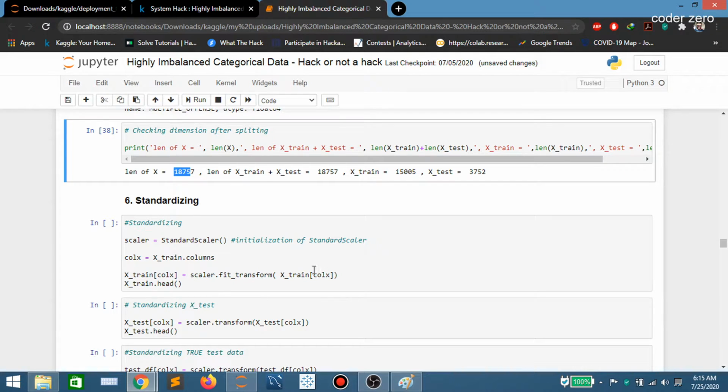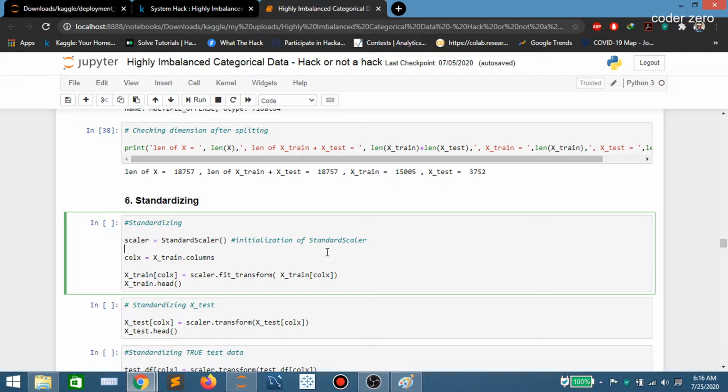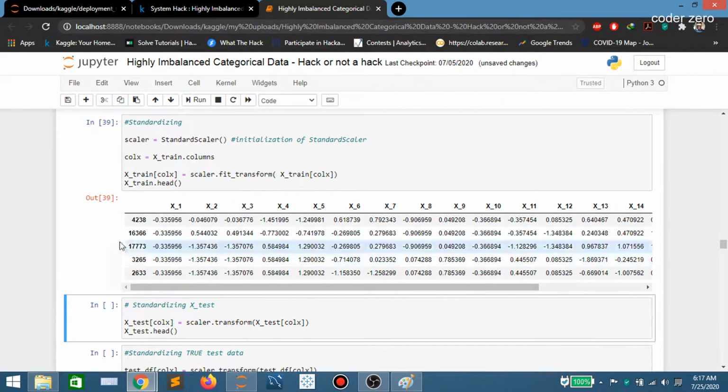Now let's do standardization on train data. So guys, standardization doesn't affect the model performance. It helps the model in faster convergence. That means it helps the model to find the coefficients very easily and very fast. So here we are saving time and resources. We are standardizing now. You can see we have created the object here. Then we are fitting that object on the train data. After the standardization, we have this format of our train data.